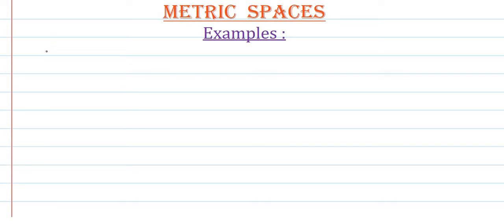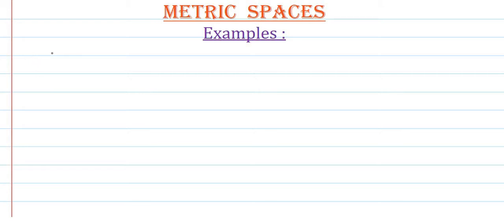Hello students, from the past few classes we are studying metric spaces, and in the last class we studied the first example in detail, in which we showed that a given function d defined on the non-empty set R raised to n is a metric, and hence R raised to n comma d is a metric space. That example we studied in the last class. Now in today's class we are going to solve some more examples of a similar type.